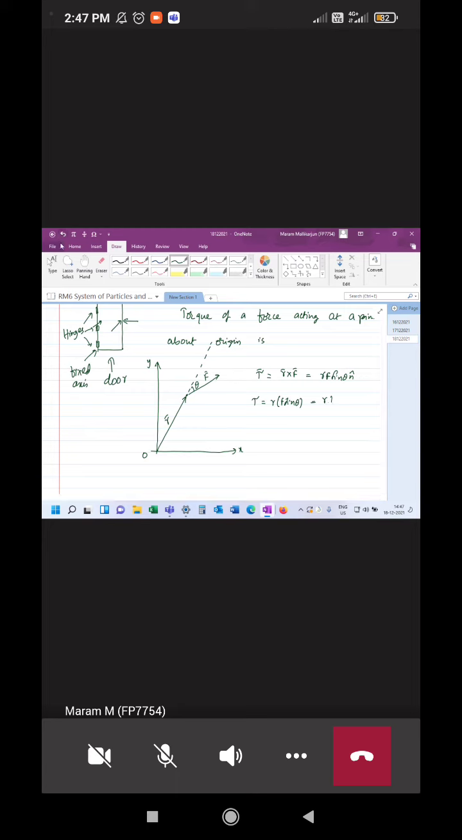or I can write it as r F into... what does that mean? R F into... r sin theta. What does that mean? F into r perpendicular is the magnitude of torque. What exactly does it mean? F perpendicular means what? You can draw F perpendicular like this, and this will be